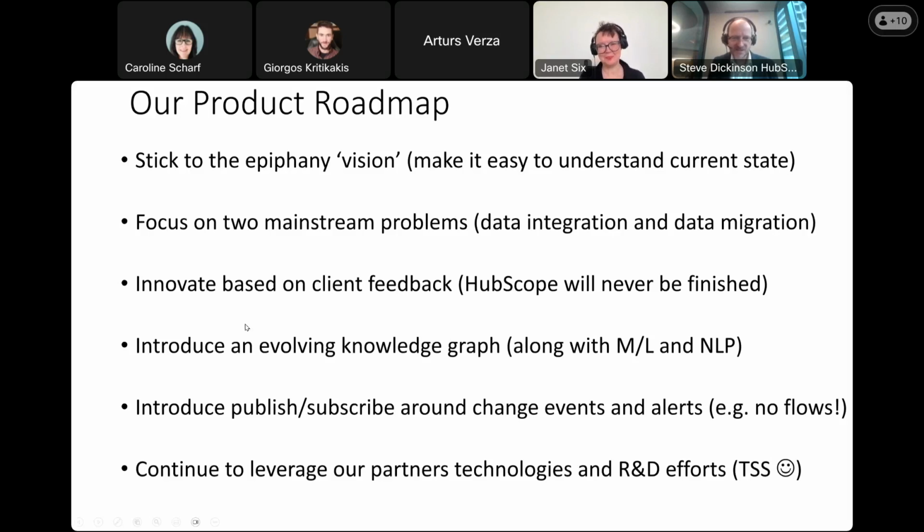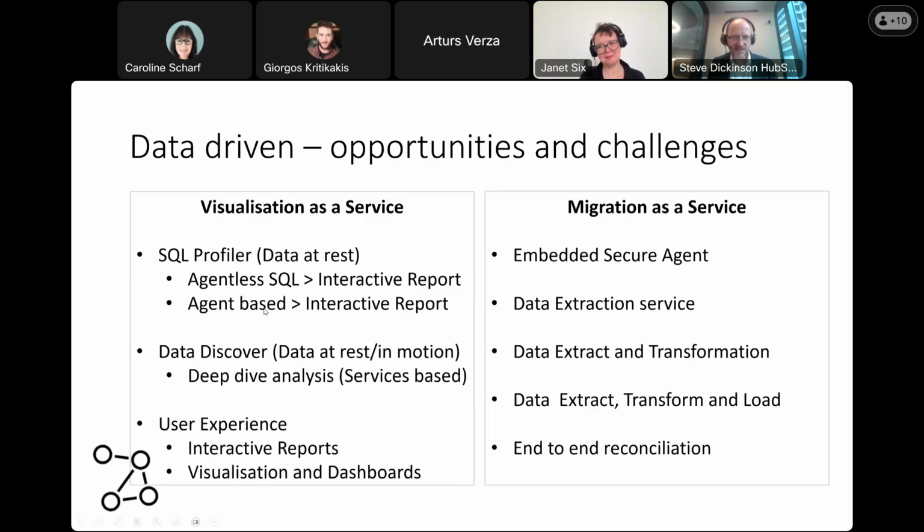Yep, two things. I can make these slides available, and there's a couple of slides we've got on what we're doing next, which is I've coined it, it doesn't feel quite right, visualization as a service and migration as a service. Effectively make it more self-service. That's what we're doing. So the idea is that you could log on and register and